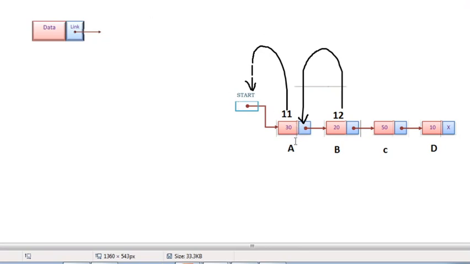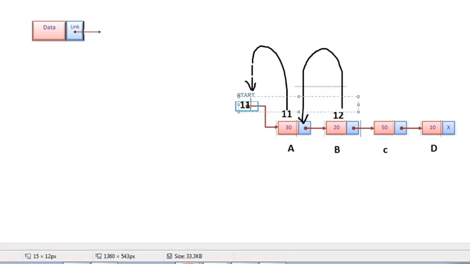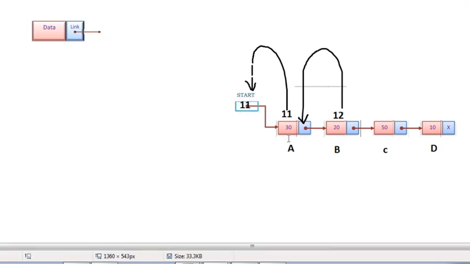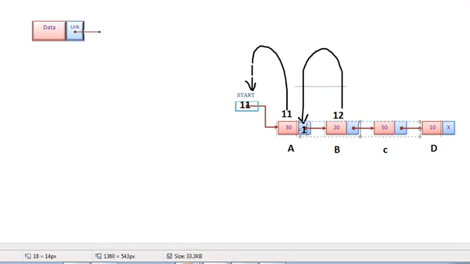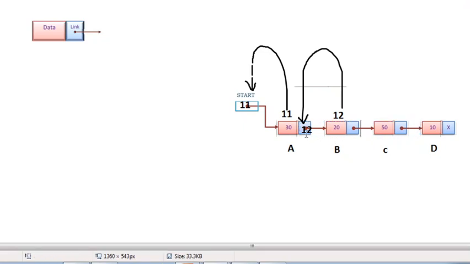Whenever the address of A is located in the start node, the start node and A node will be connected. Now B has address 12, and it will be located in the link field of A. So the link is established between A and B.